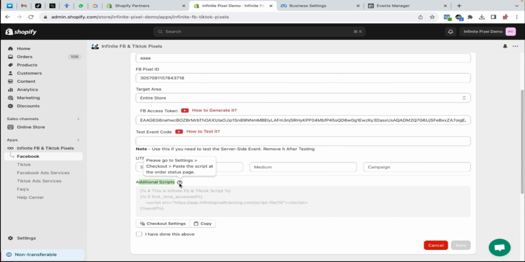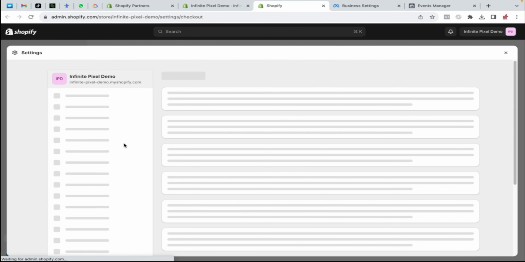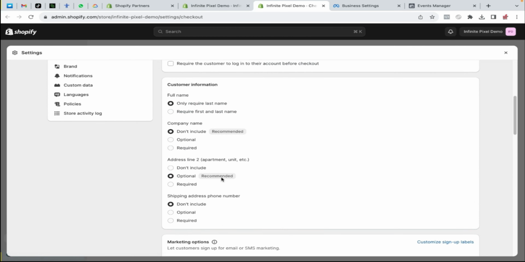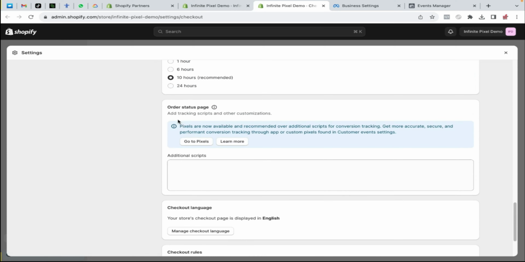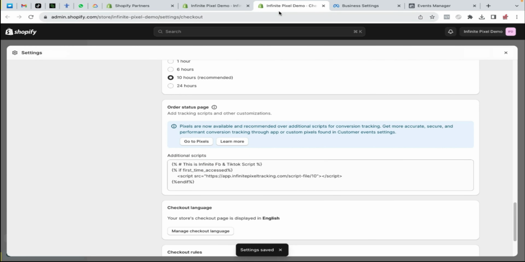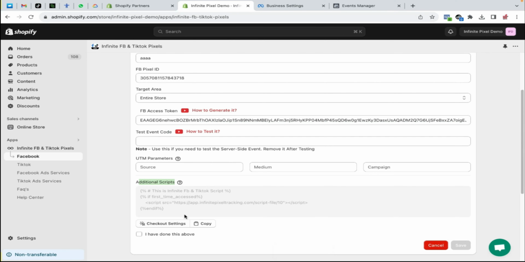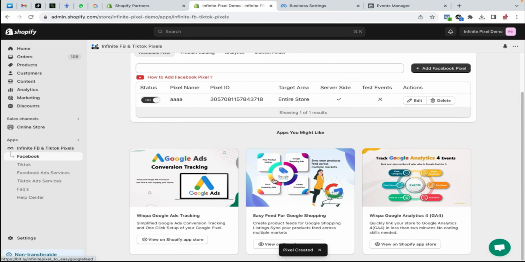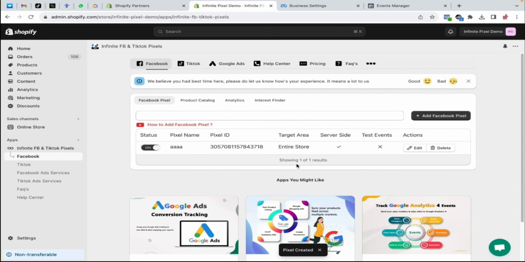So now we have to copy the additional script and click on checkout settings. In checkout you will see order status page. In additional script you have to paste the script. Click on save and that's it. Now click on I have done this and save this. So pixel is created. Now let's move to our online store